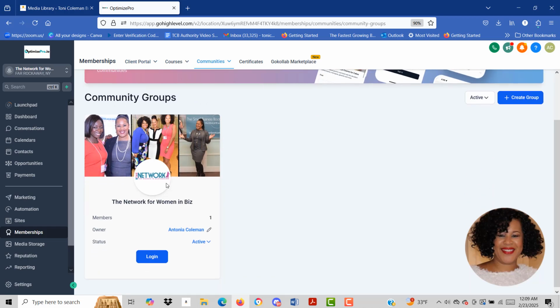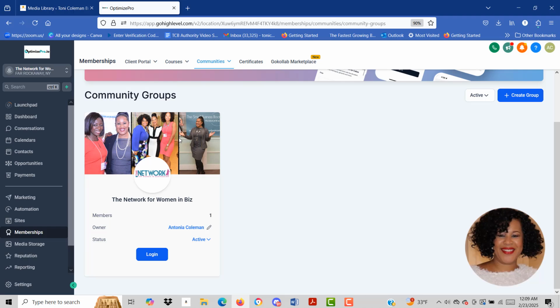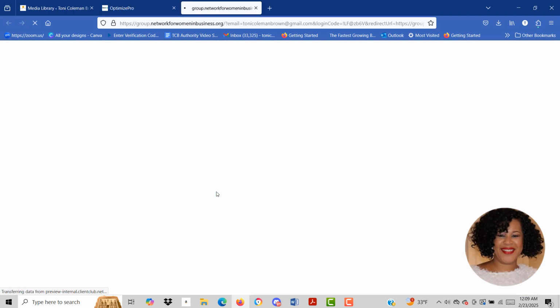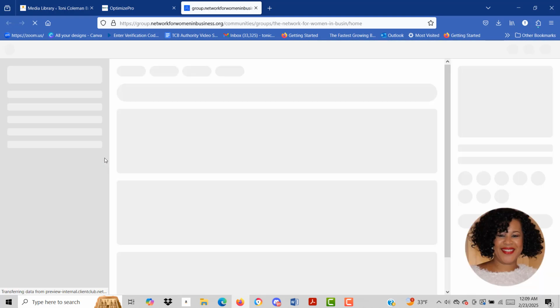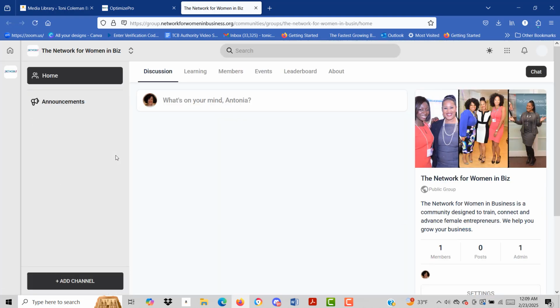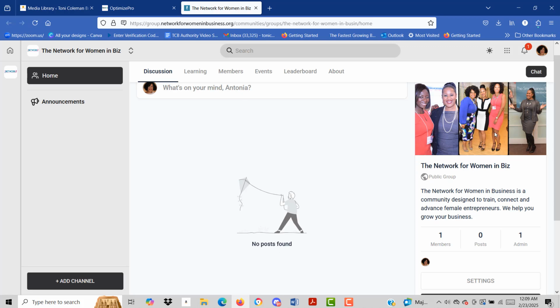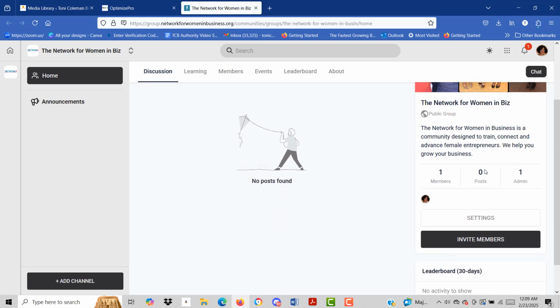Then after you click on your group, you may want to change this cover and you may want to change the logo. What you have to do is log into your group. And once you log into the group, what you want to do is go over to this area where the cover page is and the group information is. And it may be hard to find because it's not in a bright color, but you want to click on